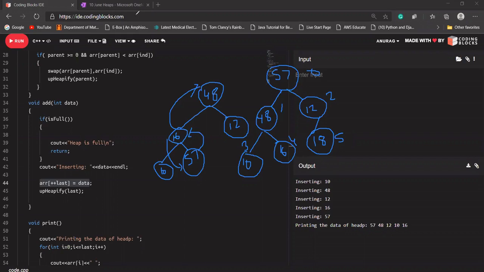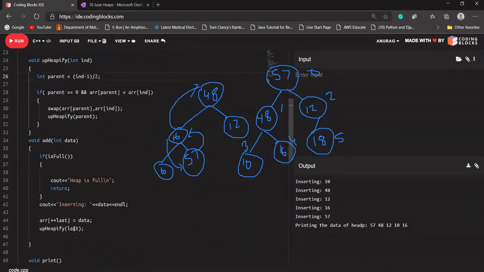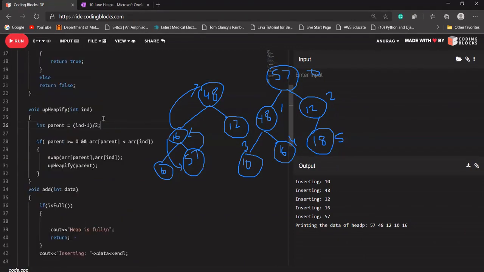Okay, let's see what our up pp5 function is doing. Let's say index 5 comes in, because we have passed the last index to it.